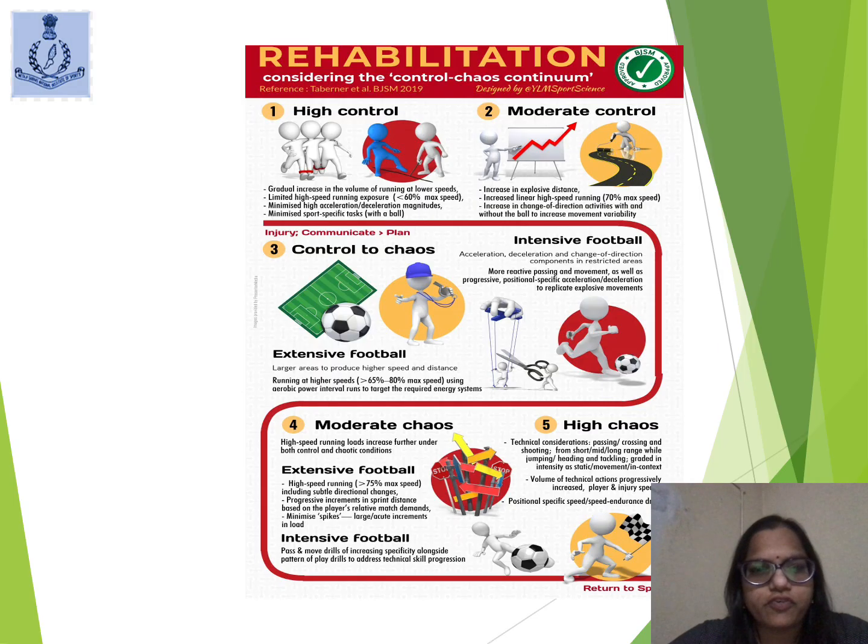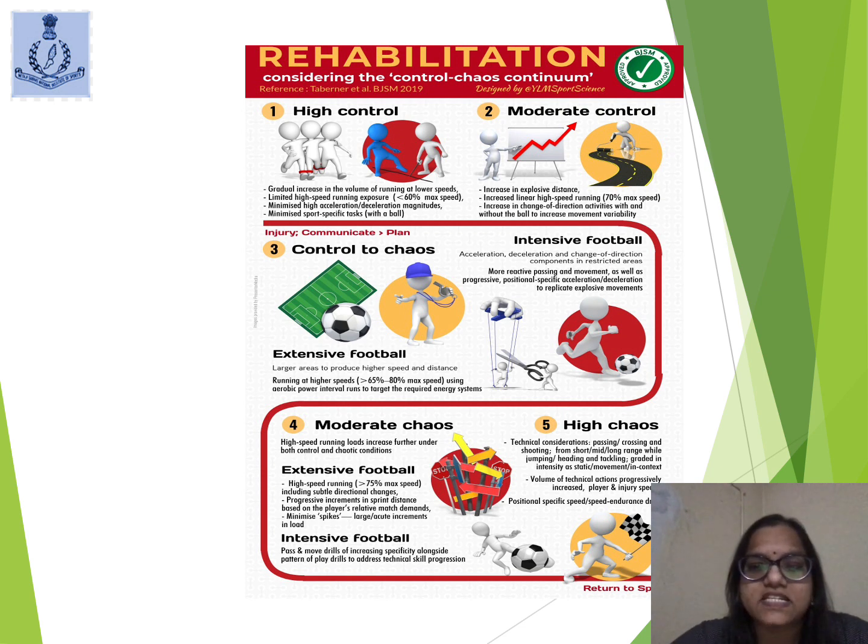Let me give you an overview of what the control chaos continuum is. As exemplified in this infographic, in football, the control chaos continuum is an adaptable framework for on-field rehabilitation, moving from activities with high control to activities with high chaos, progressively increasing the running load demands to begin with approximately 60% of intensity in the first phase and gradually progressing,